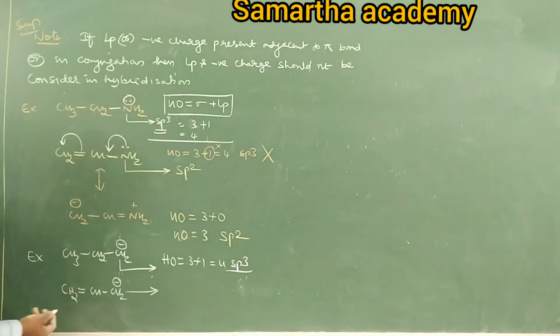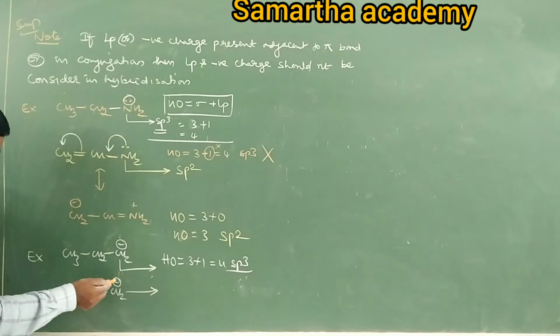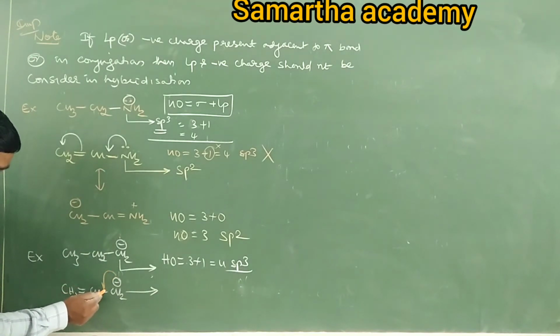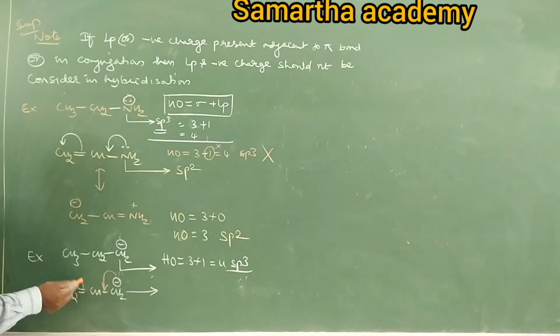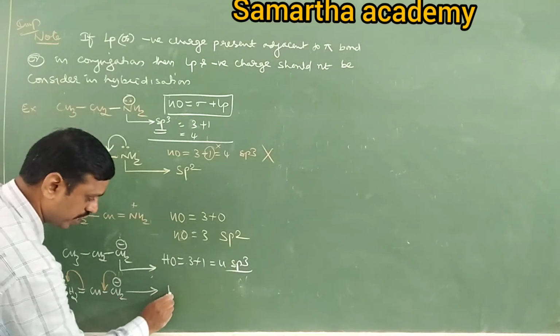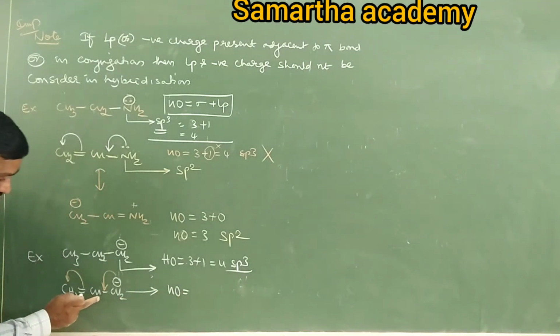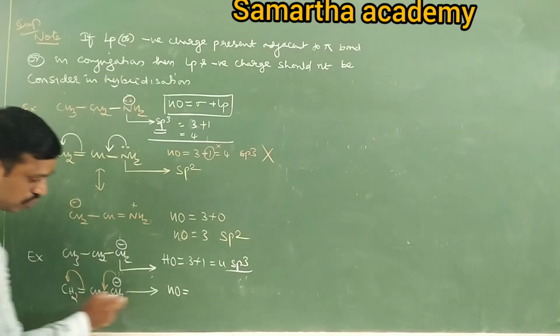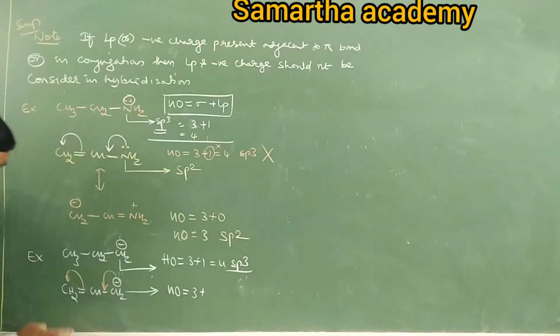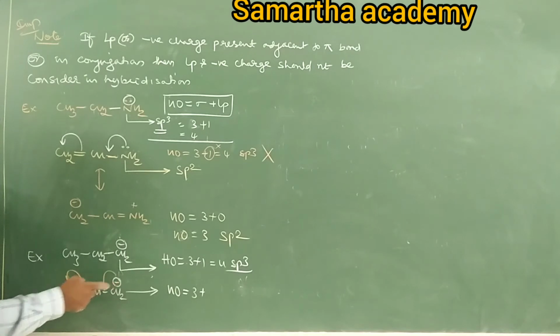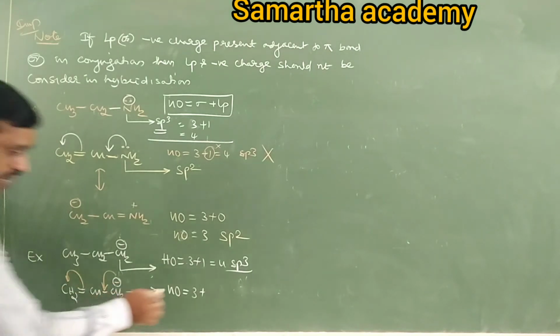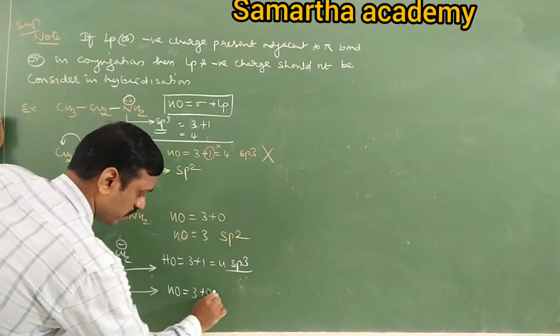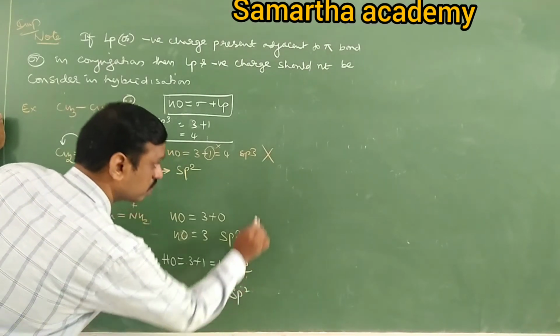Then what about this one? This lone pair, the negative charge, is involved in resonance. Then this pi bond shifts here. So in this case, to calculate hybrid orbitals, you take sigma bonds 1 plus 2, 3 sigma bonds. But this lone pair or free electron should not be considered in hybridization. It is taken as 0. Therefore, it is sp2. Important.